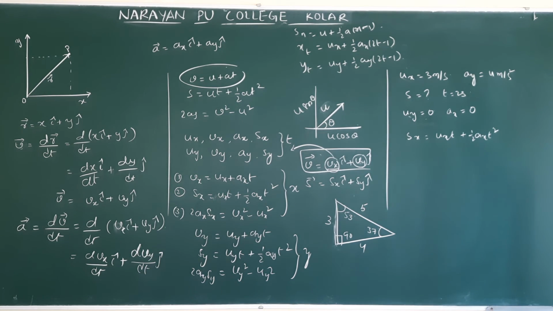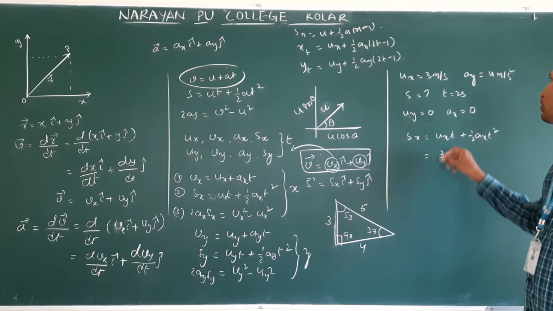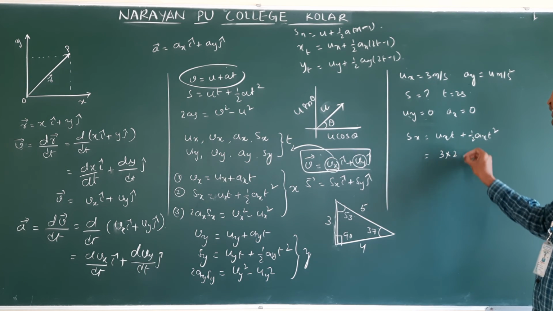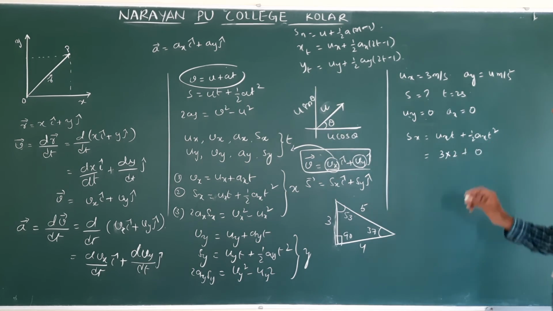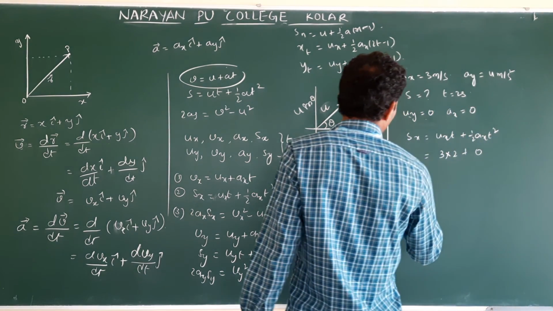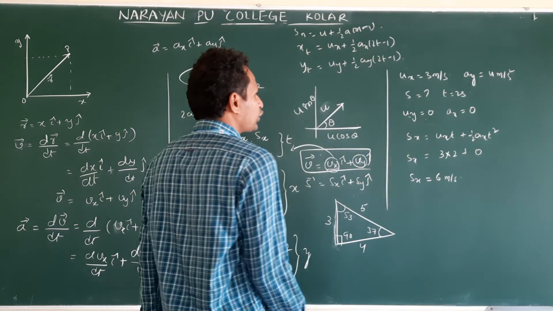So actually in complex problems, this is the explanation. Every time I am writing the formulas, but once we enter into the problems, I don't write all these detailed formulas. We will directly substitute. Clear? Meanwhile, what you have to do? You have to practice this. So ux is 3 meter per second, time is how many seconds? 2 seconds, plus what is the acceleration along the x direction? 0. So then this value is 0. Then Sx is equal to what? Sx is equal to 6 meter. Then Sy.